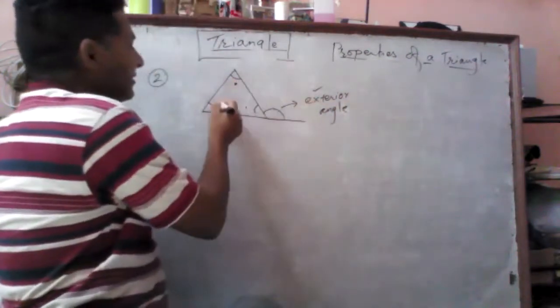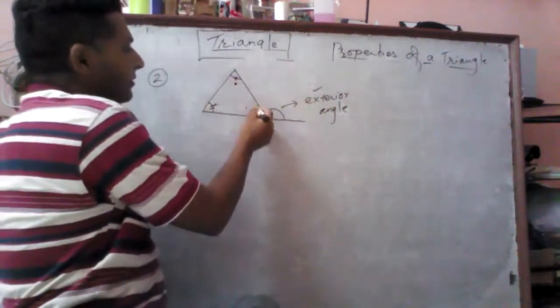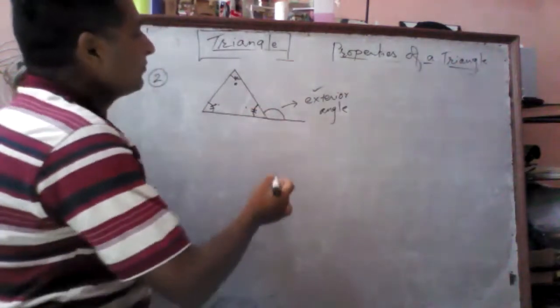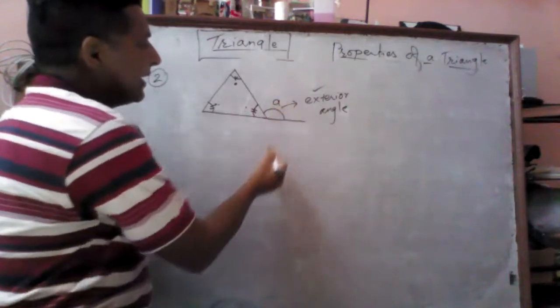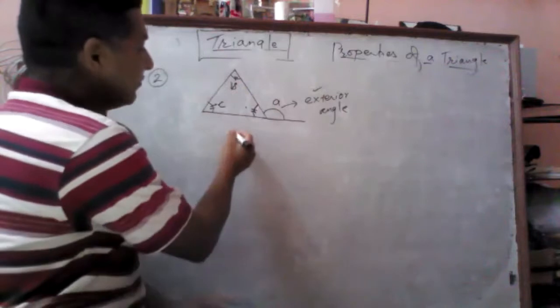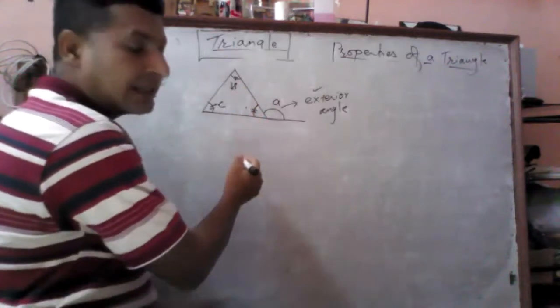And these angles are called interior angles. If this angle is A, suppose this is B and this is C, the values of the angles, then we can see